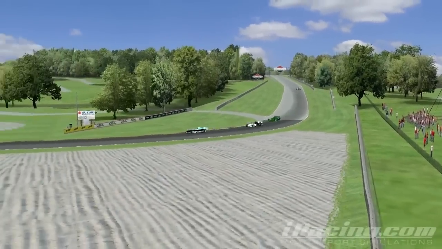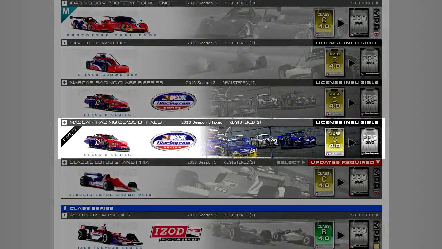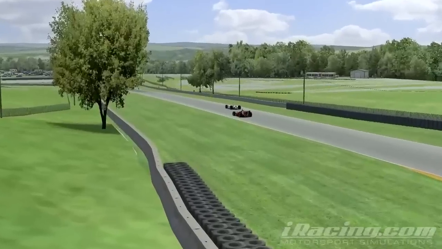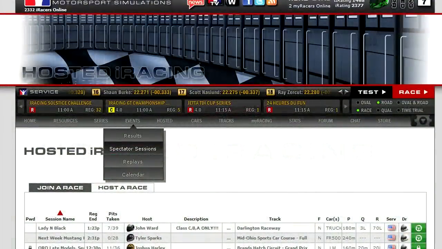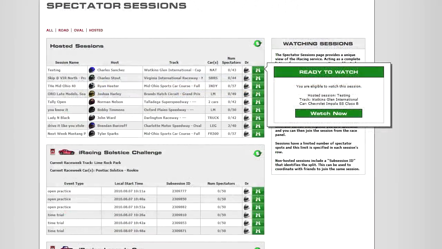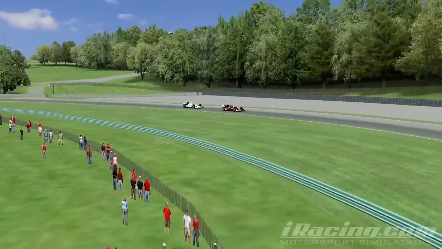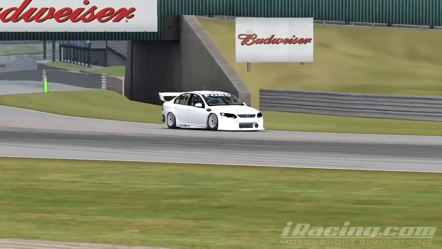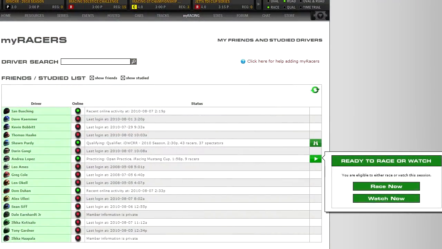High on the demand list from Mini Sim Racer was Fixed Setup Racing. This is now available in the form of both a hosted session as well as a limited iRacing series offering Fixed Setup Racing. To add to the entertainment value of iRacing, there are now Spectating Sessions. You can watch the racing action live and chat with other spectators while viewing the race. And to make it easier to race with your friends and personal rivalries, there is also a new online status